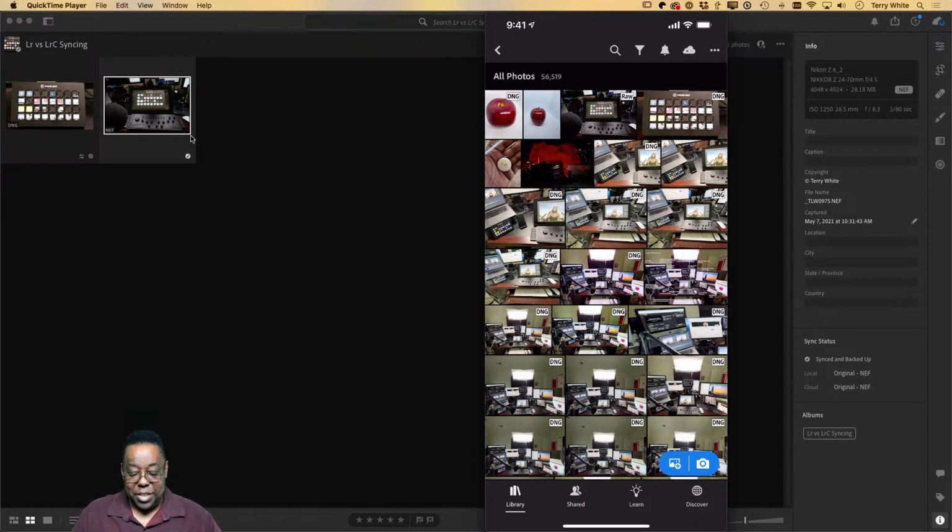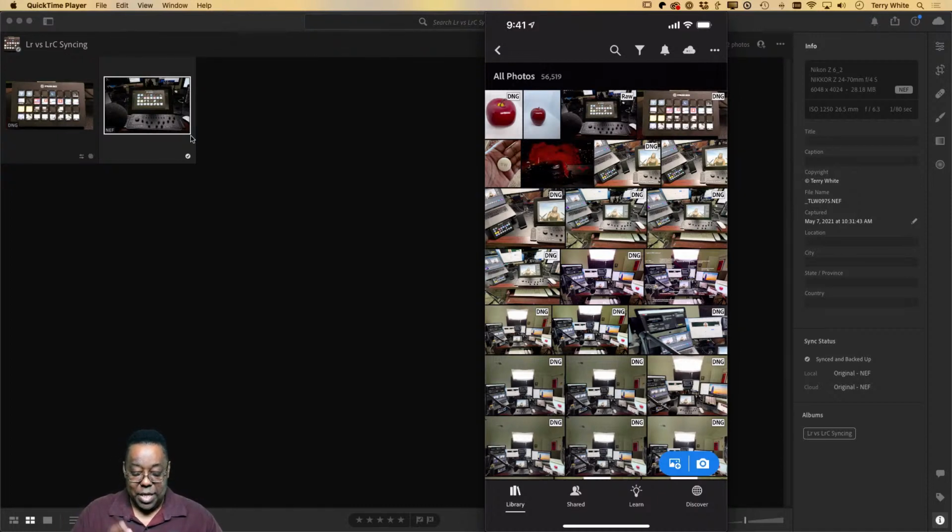Those two images are syncing to the cloud. I can even see the three little dots animating on the cloud at the top. They're all syncing full resolution because this is Lightroom, not Lightroom Classic. That 12 megapixel RAW file is being synced, and that 12 megapixel high efficiency file is being synced as well.